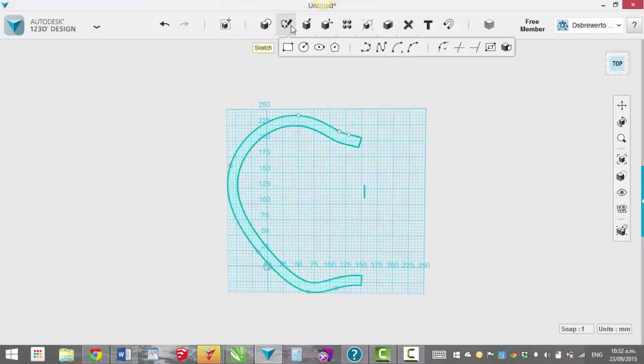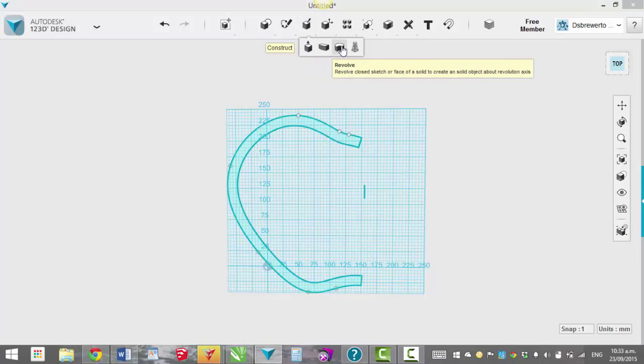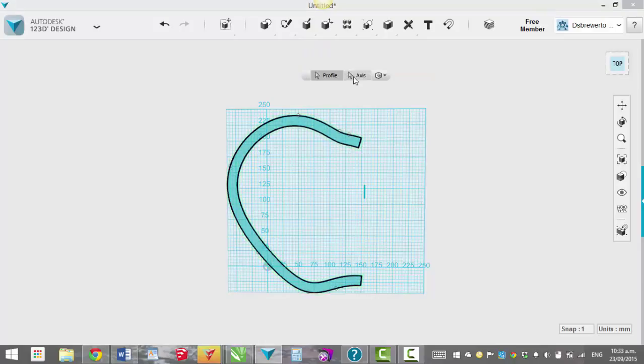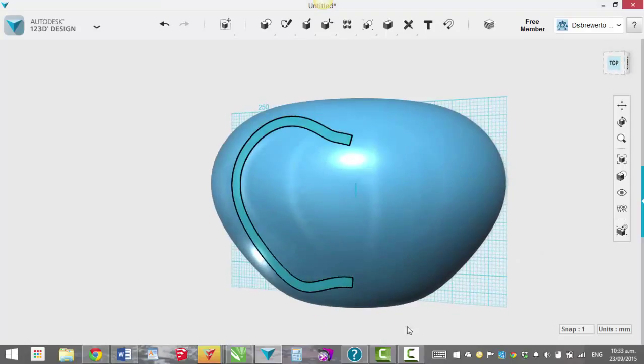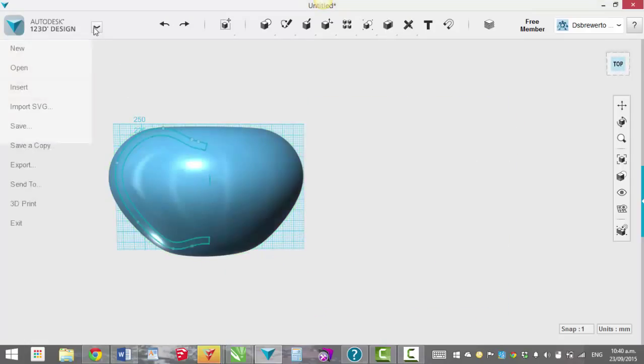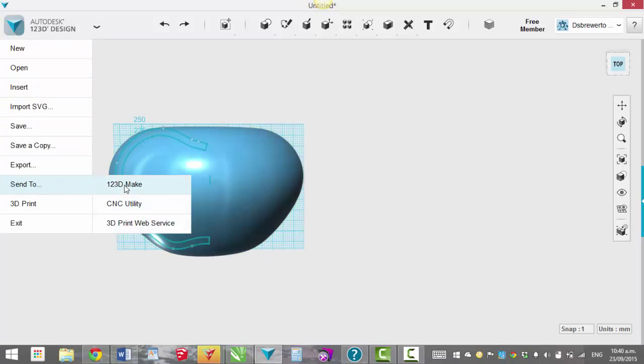and making axes. So now that I've used these sketch shapes to make it, I'm going to use these construct tools to revolve that shape around this axis, and I'm going to use 360 degrees because I want it to be an apple. Excellent. Now that we have the shape that we want, we click up here and we simply send